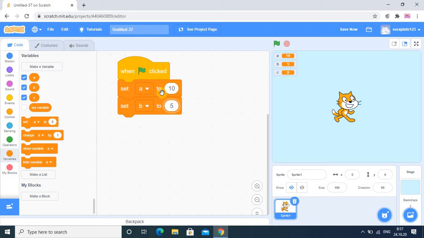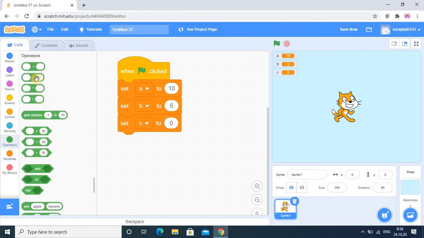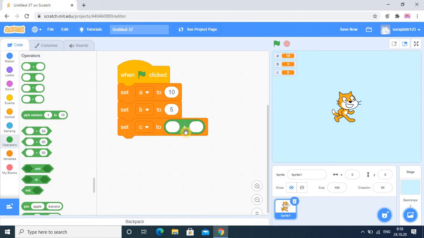So now here we have to perform addition first, and after that we will show it in the output. So here you can see, from a programming point of view, this is the input part, and for the processing part we have to take the help of variable C. So I am taking variable C, and now it's time to use the operator. So I want to perform simple addition first. The operator can be plus, minus, multiplication and division. Four operators have been given. So that is the arithmetic operator we use.